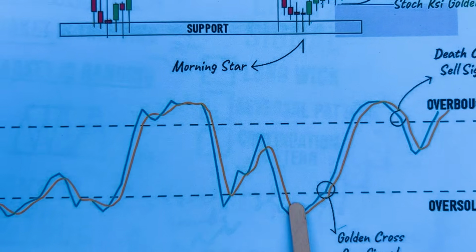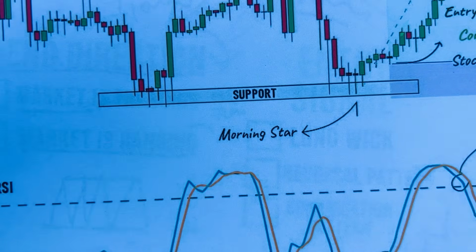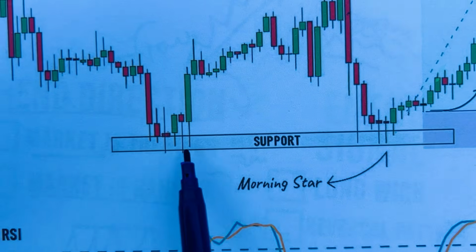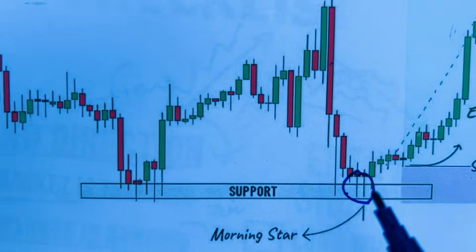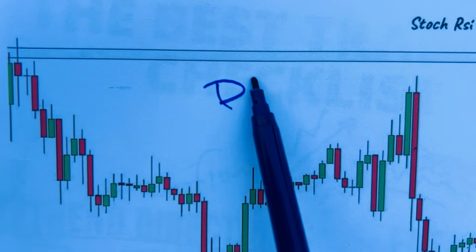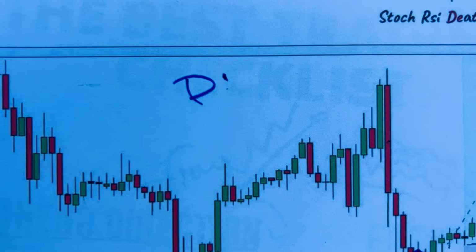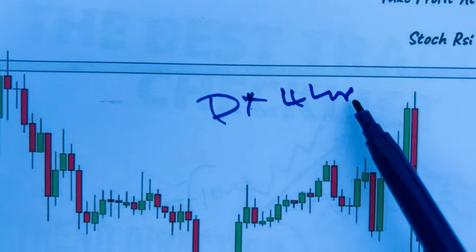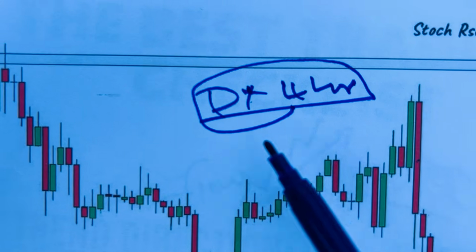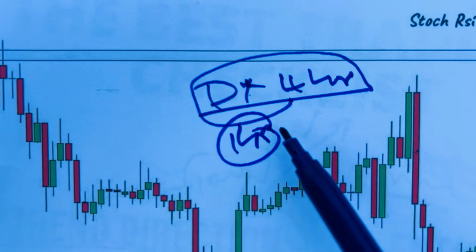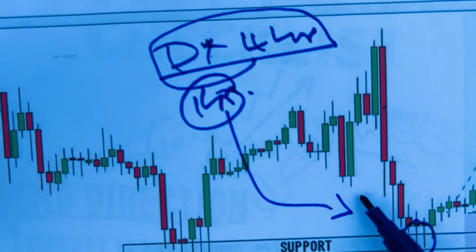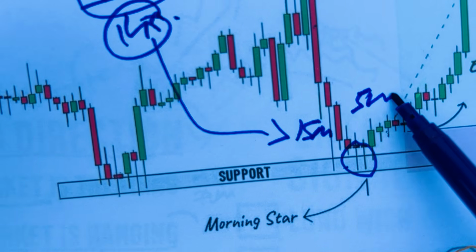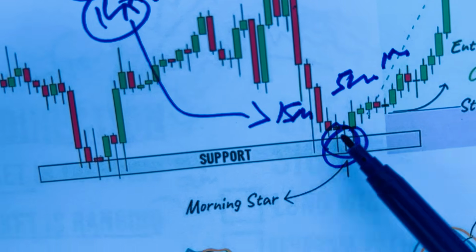Do not try to use indicators, right? For this example, you can see here we have this support area. Now, let's say this was on a daily time frame. Since it's on a daily time frame, we need to make sure that we refine it in the H4 time frame. Once we refine in the H4 time frame, we can refine it in the 1 hour time frame. Then we jump into the 15M, 5M, or 1M time frame to look for the candlestick